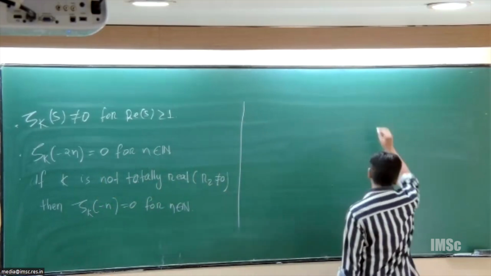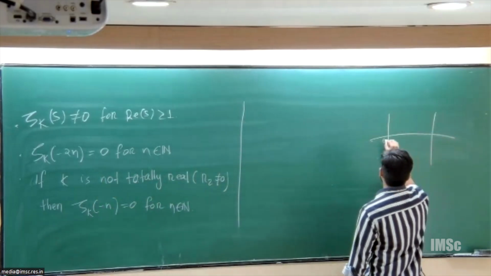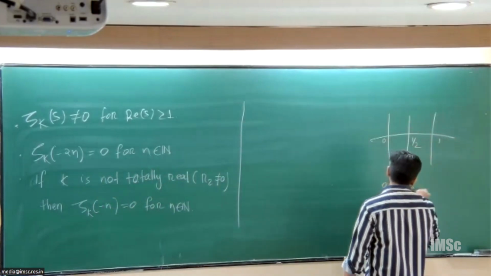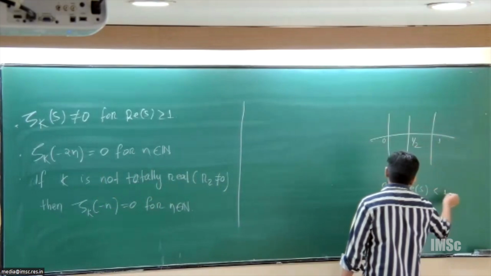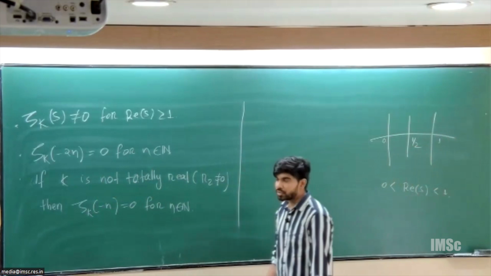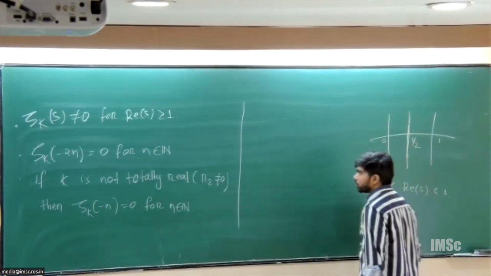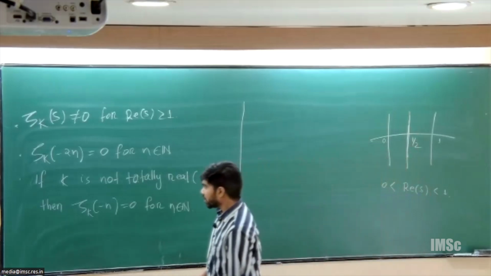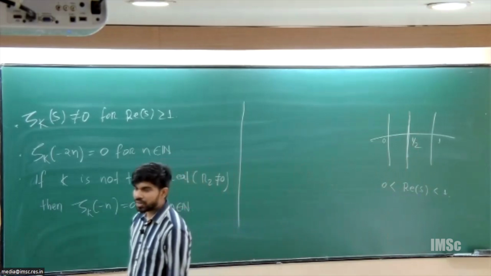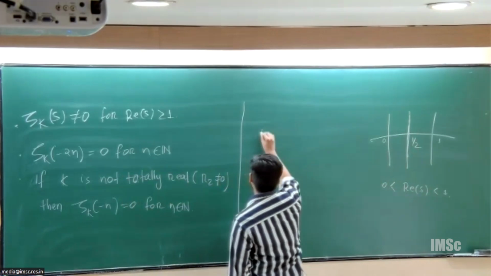This is the critical strip. This is 0, this is 1, this is half. And the generalized Riemann hypothesis predicts that all the non-trivial zeros of zeta_K lie on the line real part of s equal to half. So if we are looking for a real zero, the first guess would be half. We know that the Riemann zeta function doesn't have any non-trivial real zero. So we can ask, does there exist a number field